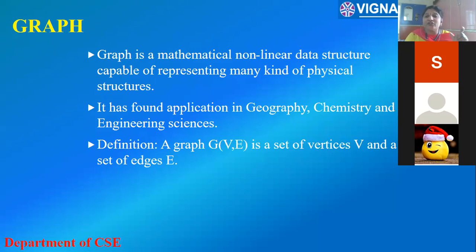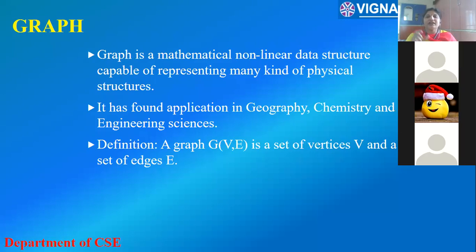The next kind of non-linear data structure is a graph. What is the next kind of non-linear data structure? Graph. It is applied in almost all normal physical kind of things which we are going to see in our real life. For example, you are going to use Google Map today. Are you able to know what is the meaning of Google Map? Do you have the Google Map app in your cell phones or not? Yes, ma'am.